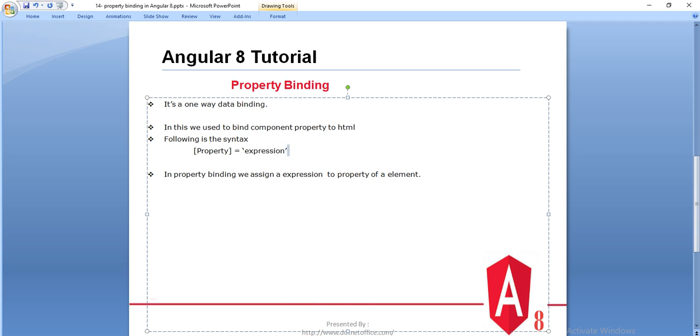And this is the syntax for property binding. If we have any expression or variable in the component field, then we assign this component field value or variable value to the property.